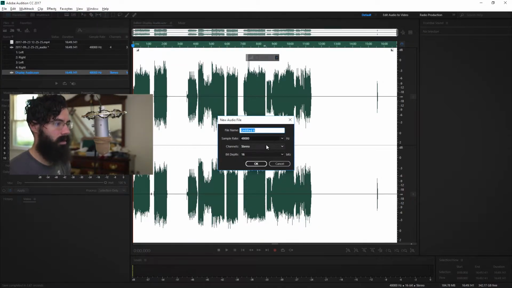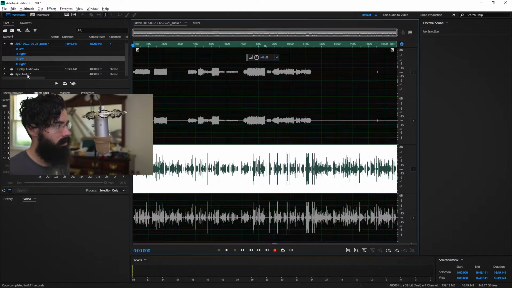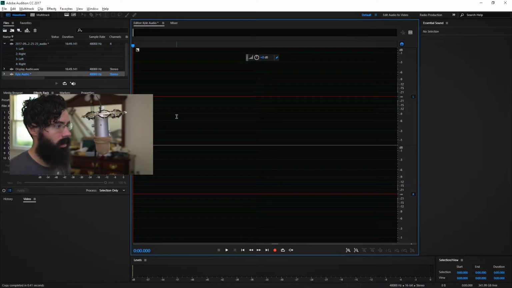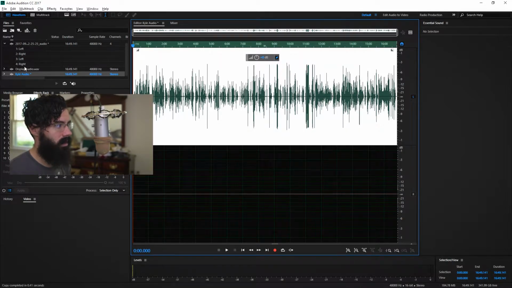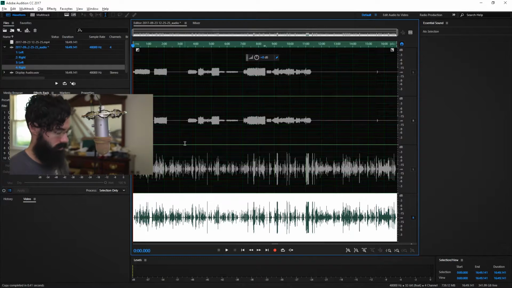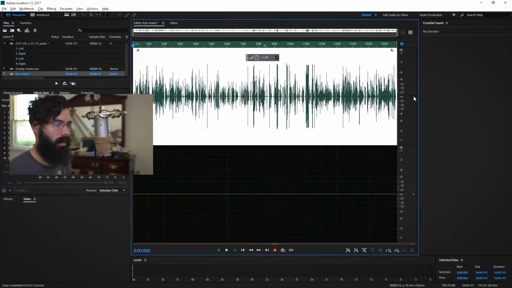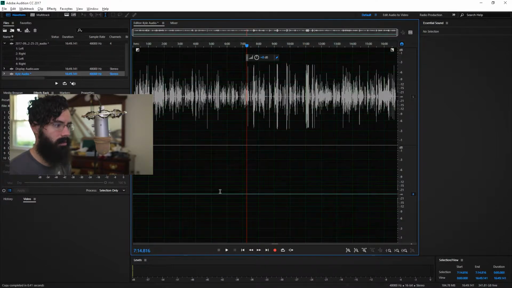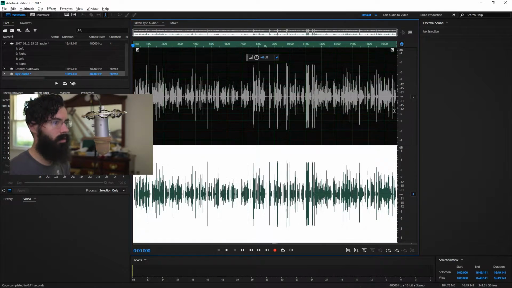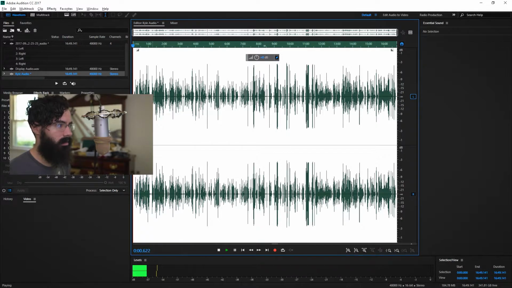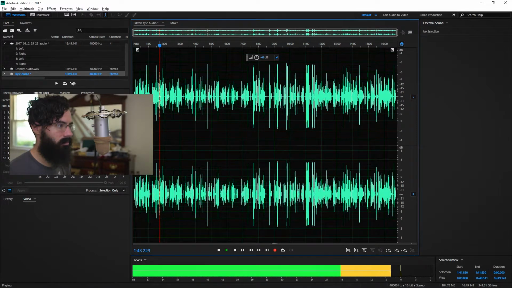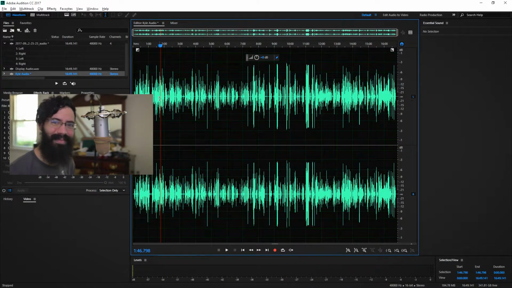New file, because we're going to create a stereo mix down. Copy. Go to my audio. Make sure only the left channel is selected. Paste that in there. Go to the right. Copy that. My audio again, and disable the left, enable the right. Oops. There we go. Enable the left, and I should hear myself. I go off of reviews a lot. I don't know what you guys think, but it's me!